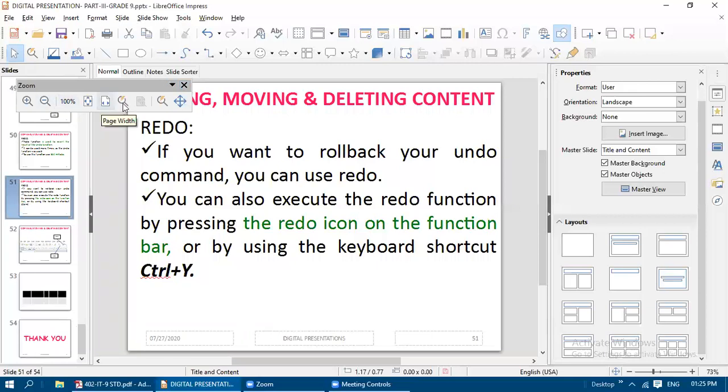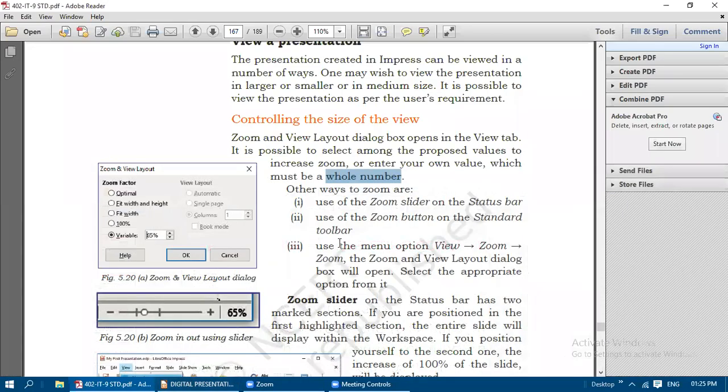Okay, by clicking on these button icons, you can adjust the zooming level. So these are the three ways we can adjust the size of the view. If you want to view the presentation in different ways, you can go for this zoom button, or you can click on the zoom slider on the status bar, or you can go to the View tab, Zoom,